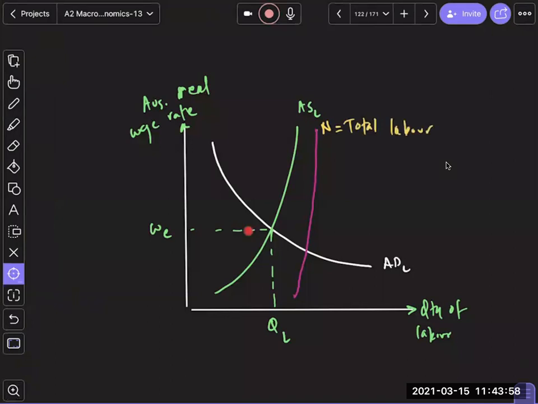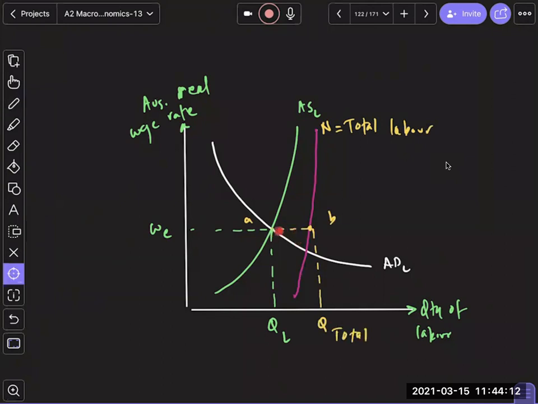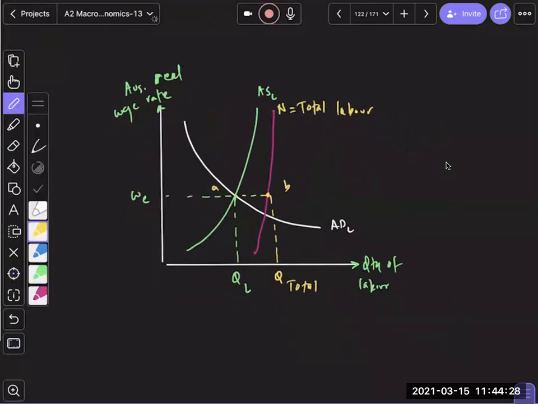So at the equilibrium wage rate, these are the people who are working, but these are the people, let's call this A to B. Let's call this Q total. Q total minus QL are people who are willing and able to work, but unable to find work at the equilibrium wage rate. So at WE, what we say is that Q total are the people who are basically